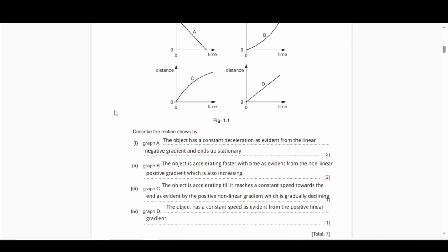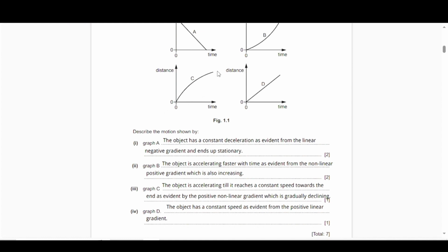Now, it's important to remind yourself that the gradient is now the velocity. It's not the acceleration anymore. But if you look at C, you've got a positive, non-linear, flatlining gradient. If it's positive, that means the distance is increasing. If it's non-linear, the gradient is changing, and the gradient is the speed, so the speed is changing, that's the acceleration. But